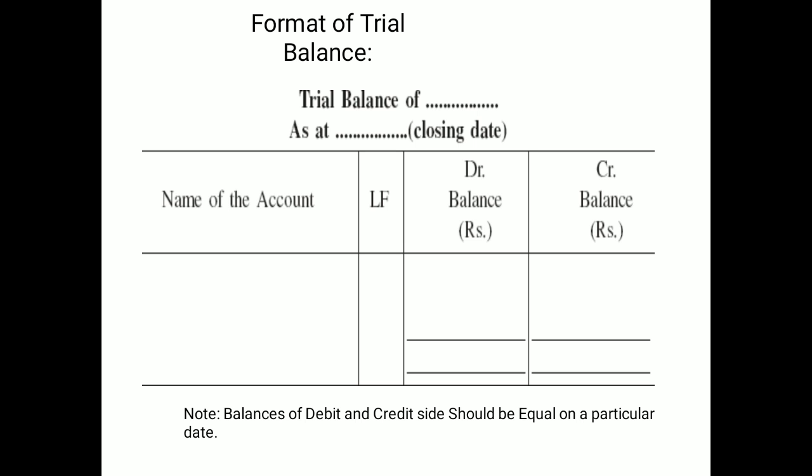Now the name of account is listed here without putting any "to" or "by" item. Only the name of account is to be listed here because this is not an account format. So "to" and "by" is not needed. You have to write down all the items here related with the assets, liabilities, capitals and the revenue and expenses. Then the items like I am referring, the one account you have to list here.